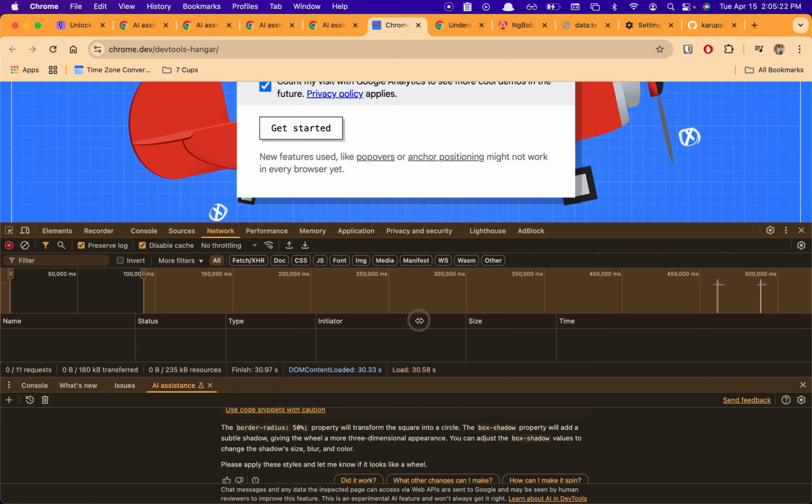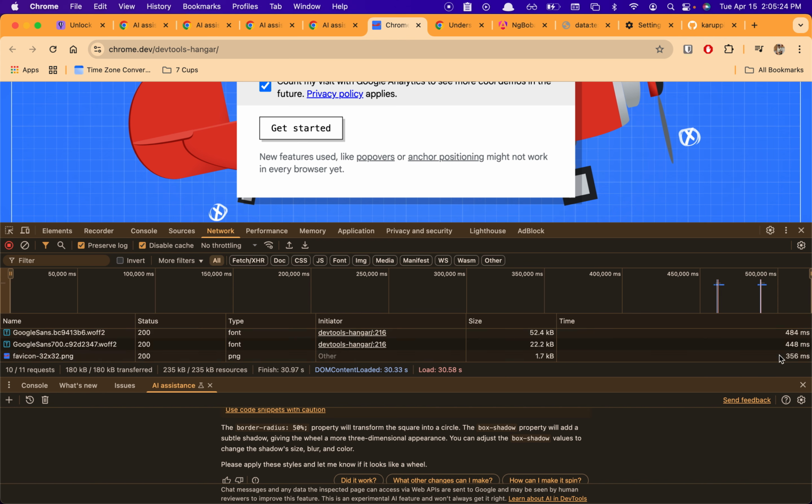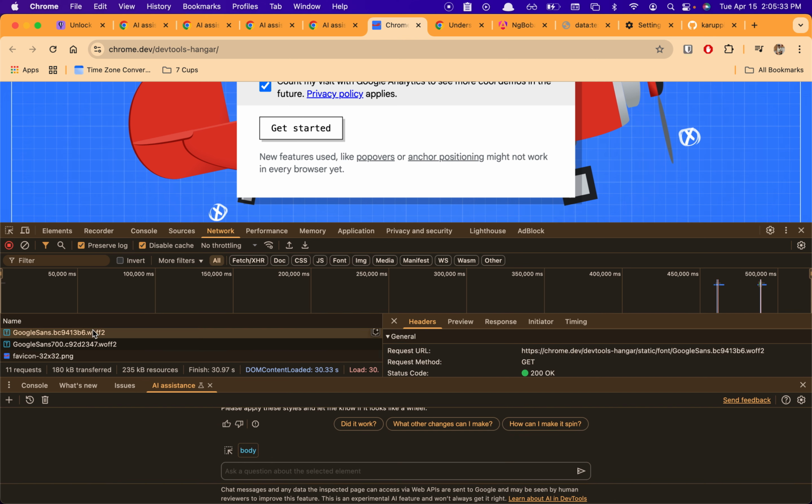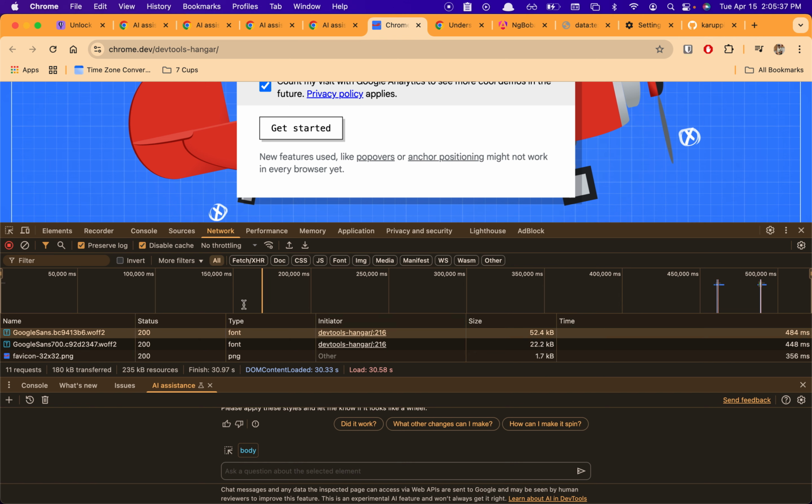I will open this also. So here now you can actually see, let's say you click this. Interesting that it's not showing up. Ideally it should have shown the,